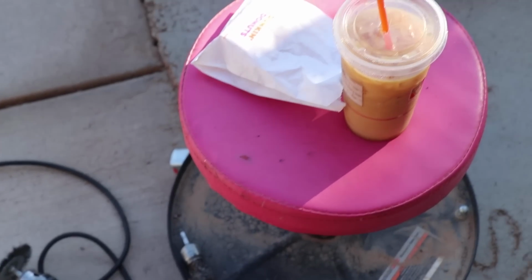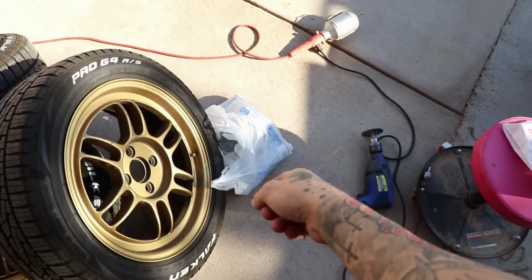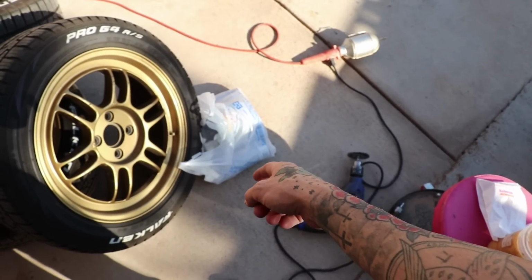So if this doesn't look good, I'm probably going to go with white on white after this, because you can never go wrong with that. But I am exhausted because it's early and I didn't sleep well, so I'm going to go get some coffee really quick, and I've got to go get some primer anyway, and then just get right back to it, I guess. Got coffee, got a donut, got some primer, got some high gloss clear coat,